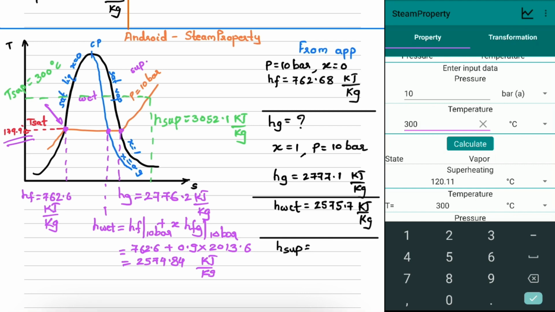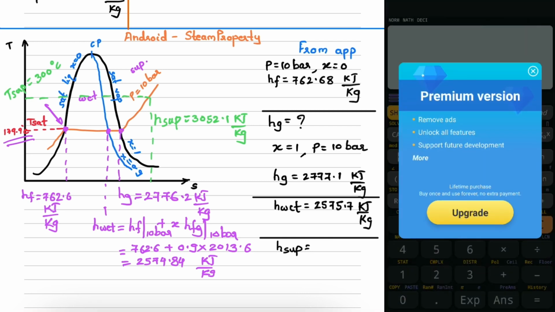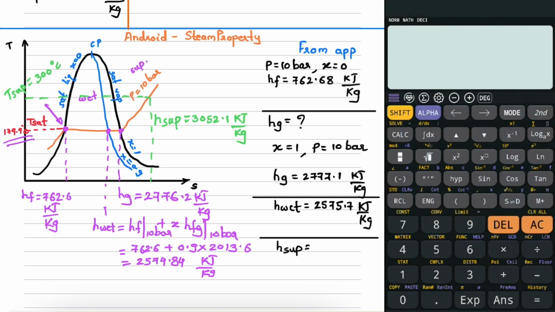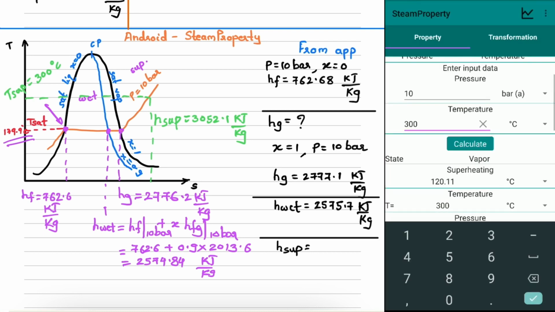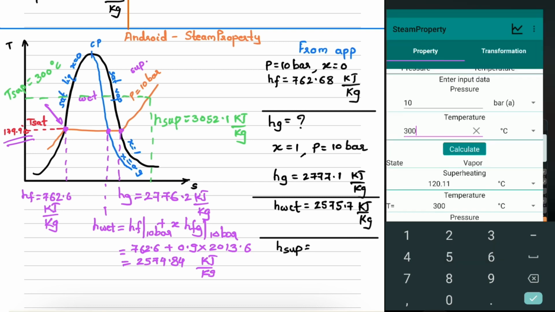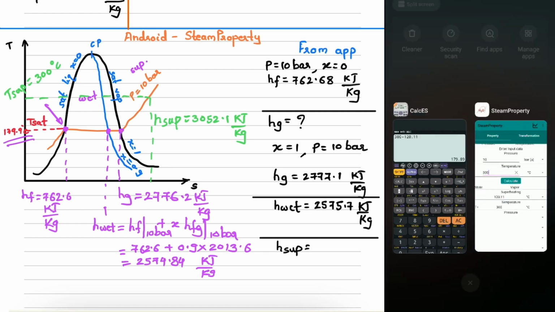In order to do this, we have to open the calculator, and in the calculator superheat temperature is 300 minus degree of superheating temperature is 120.11. So 179.89 is the saturation temperature, which we had seen in the earlier case.